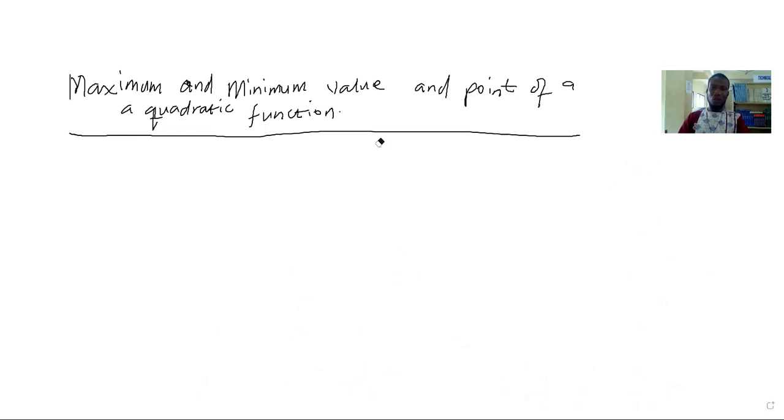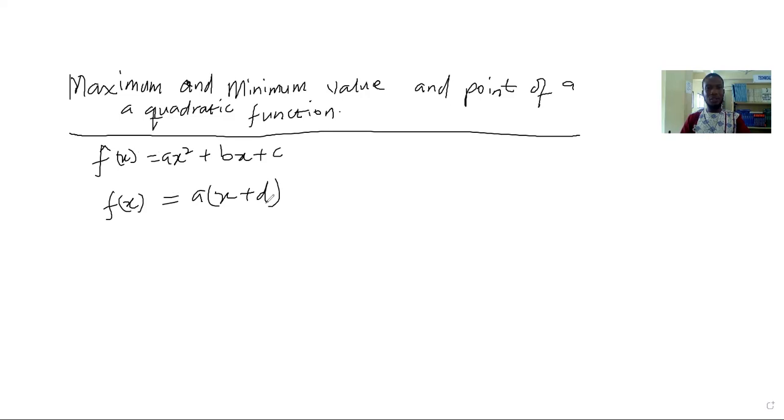So generally, if our question requires us just to find the maximum or minimum value without sketching the graph, then we'll transform our original function, which is f of x equals a x squared plus b x plus c, into the form f of x equals a parenthesis x plus d all squared plus k,